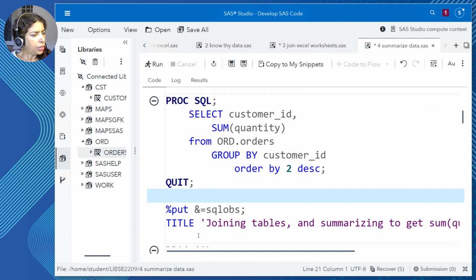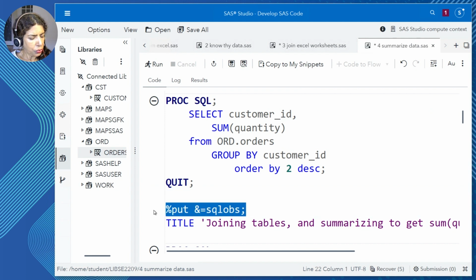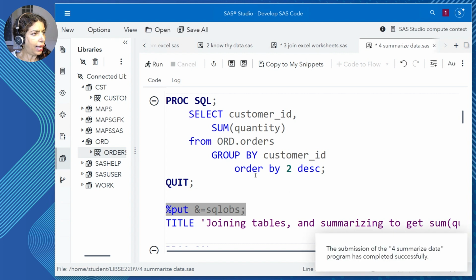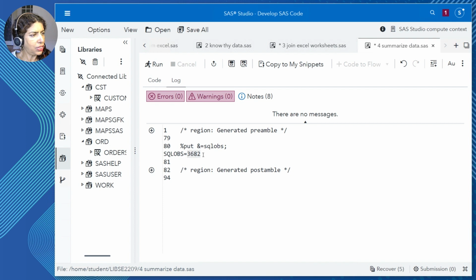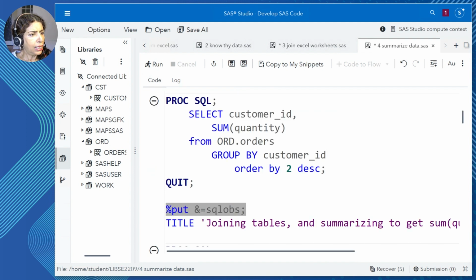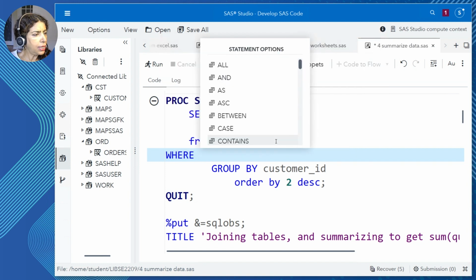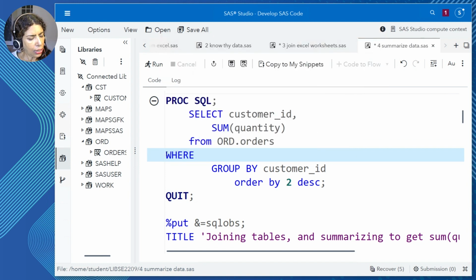Now I don't know how many rows of data there are, so I'm going to invoke that macro and have the value put out in the log and 3,682 rows of data. Suddenly I decide this is all fine, but I want to limit my search. I'm thinking of targeting my Swiss customers just because the idea of the Alps is so fascinating. So I'm going to throw in a where clause. And if you recall, the where goes after the from. In order of syntax, it's to select the from, the where.